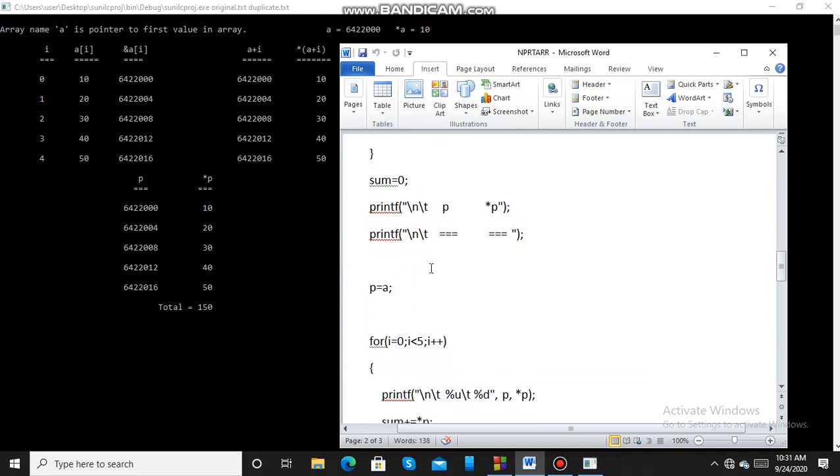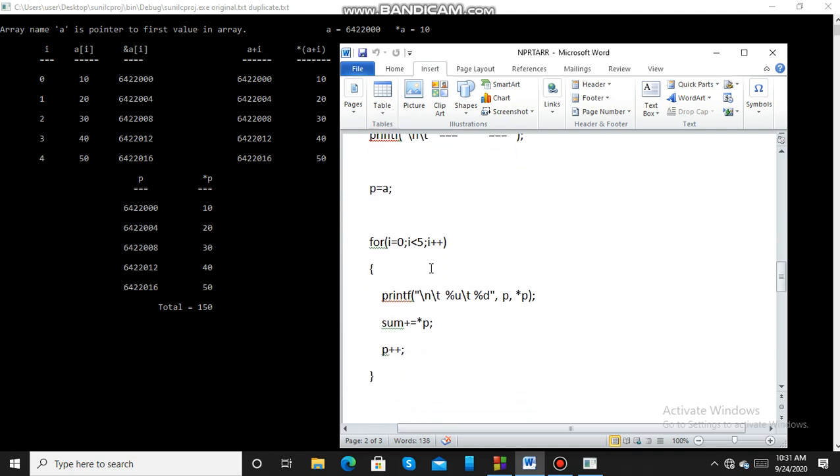After printing that, I am assigning the value of a, that is the base address, to the pointer variable p. Now we will see how we can print the address and values in the address using pointer. So p becomes now the value of a, that is 6422000.